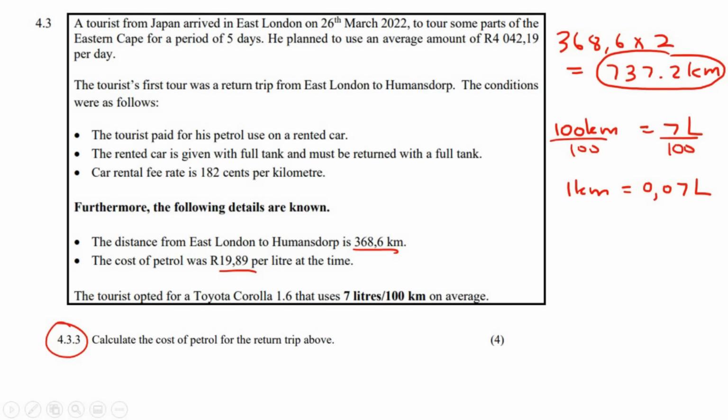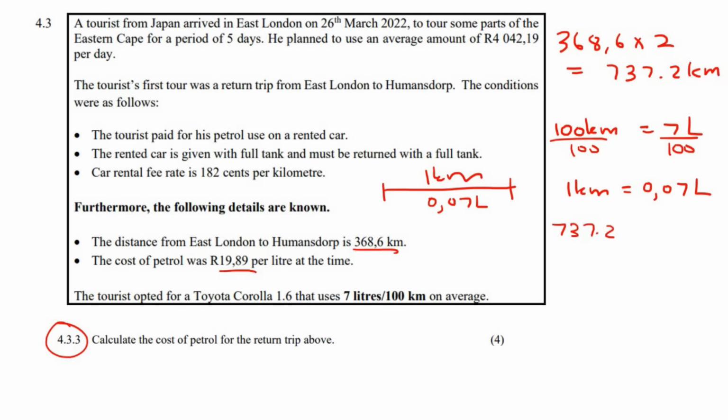So think about that carefully. If your car drives 1 kilometer, it will use 0.07 liters of petrol. But how far did we drive? This is how far we drove. So how many liters did we use? Well, you would then say 737.2 multiplied by 0.07. Okay, because for every 1 kilometer, that's how many liters you would use. So if you drive this many kilometers, then you would just multiply those two numbers, and that would be